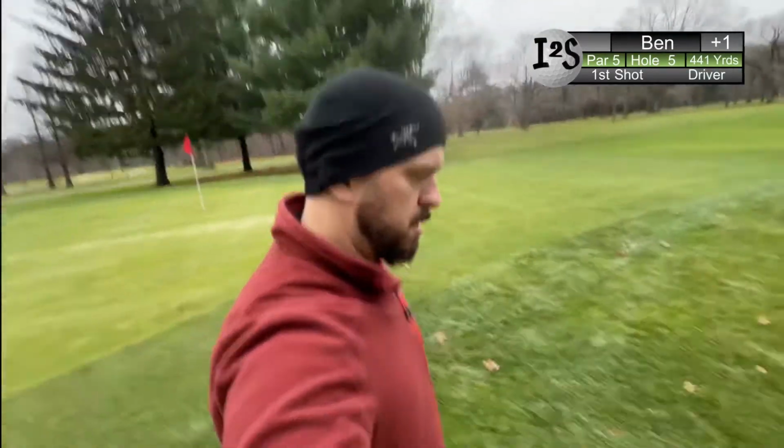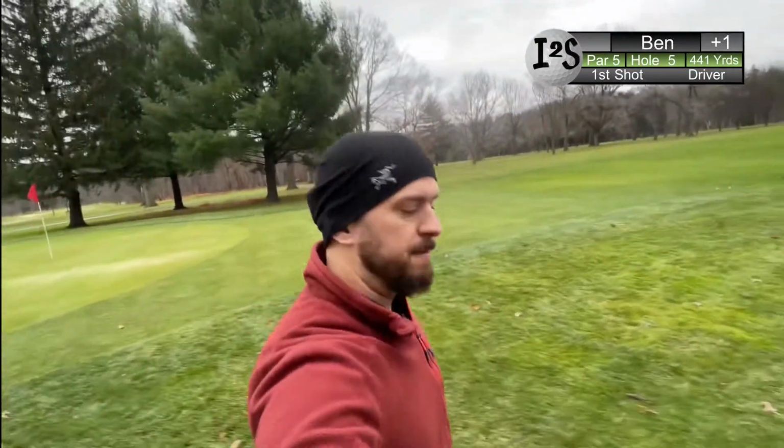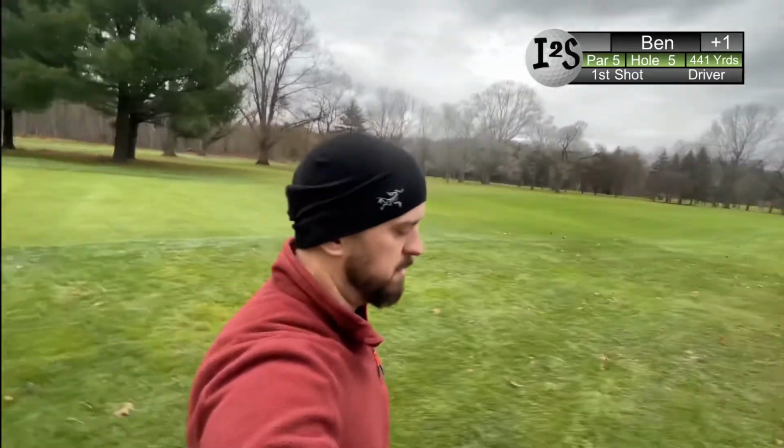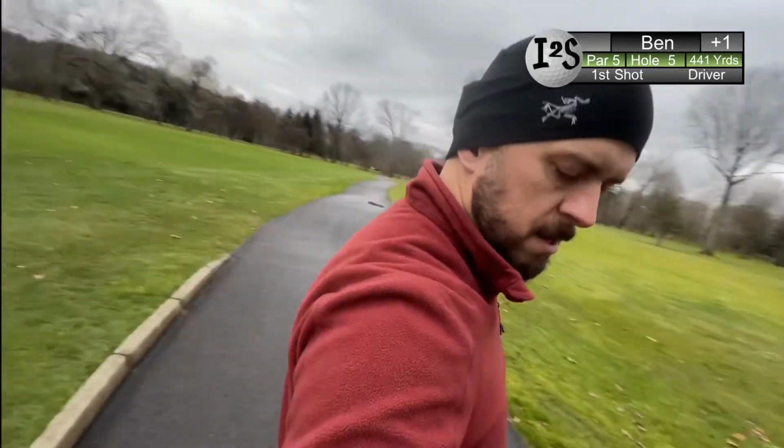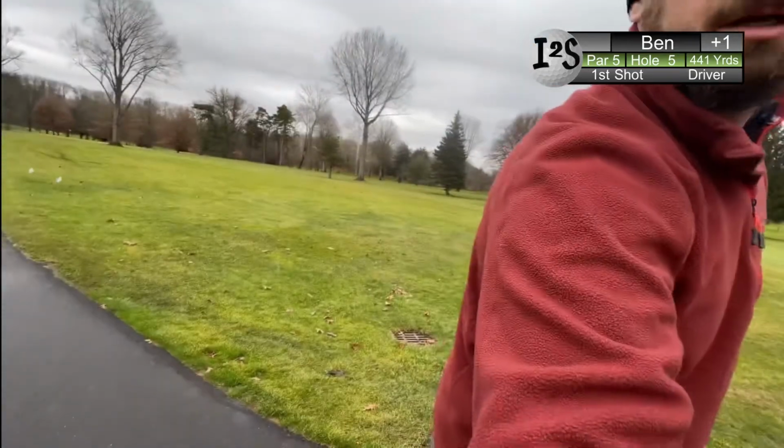Not exactly meant to chip it up like that. I missed my landing spot short, but luckily I got through the grass. It rolled out a little bit, left me a par putt of about 10 feet. About 10 feet, and I made it. So another par. I've not been playing super well, especially that first hole, but I weathered that storm, made a pretty good putt on that one